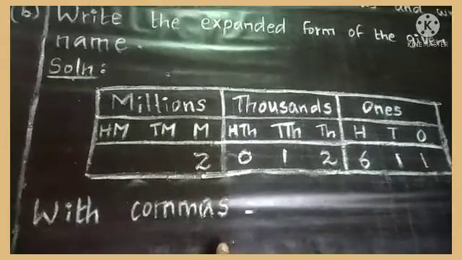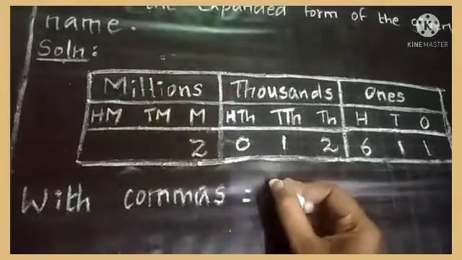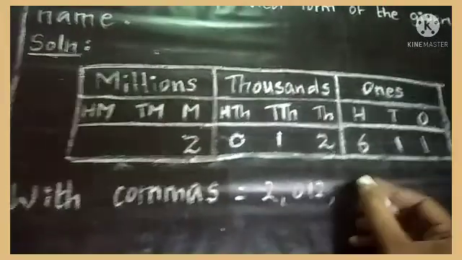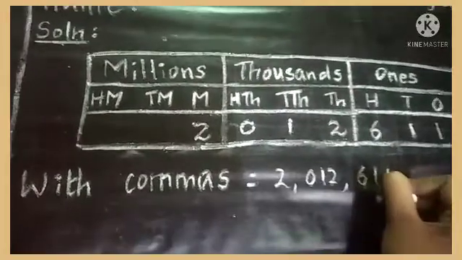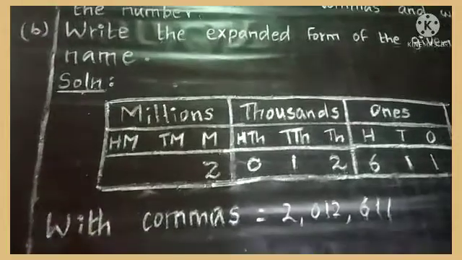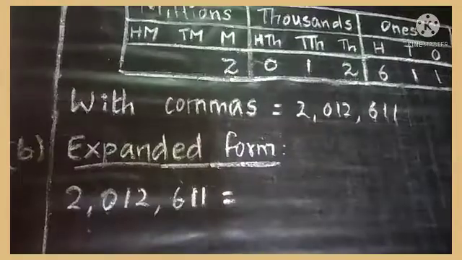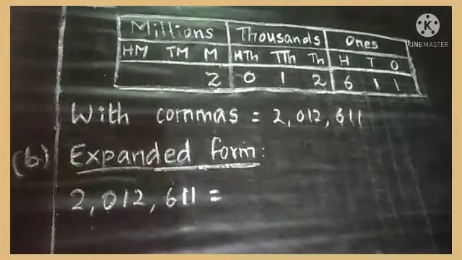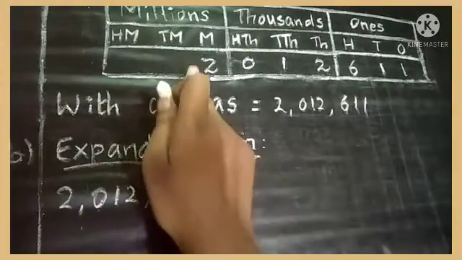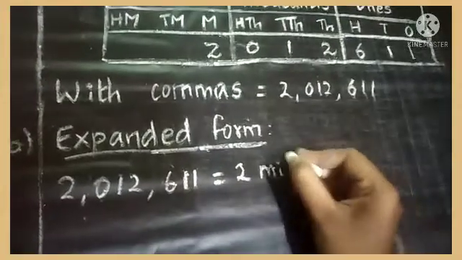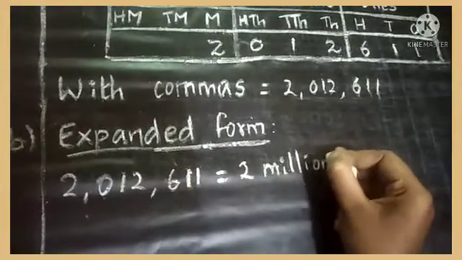Let's write the number with commas. 2, 012, 611. That is 2,012,611. Then write the expanded form of the given number. Expanded form of 2,012,611 is equal to 2 in million place. So write 2 millions plus